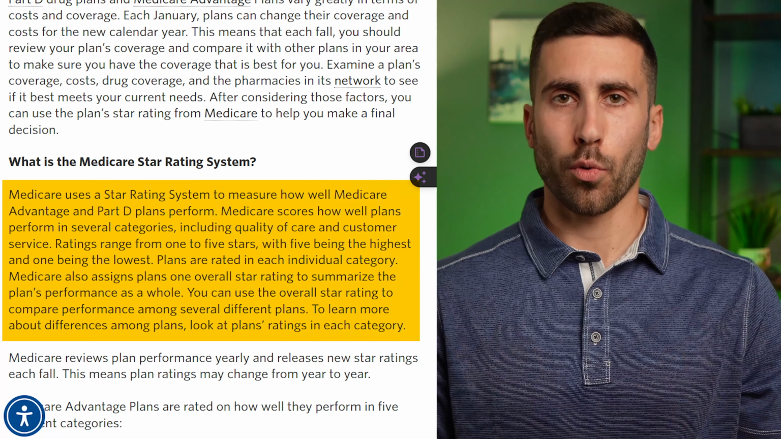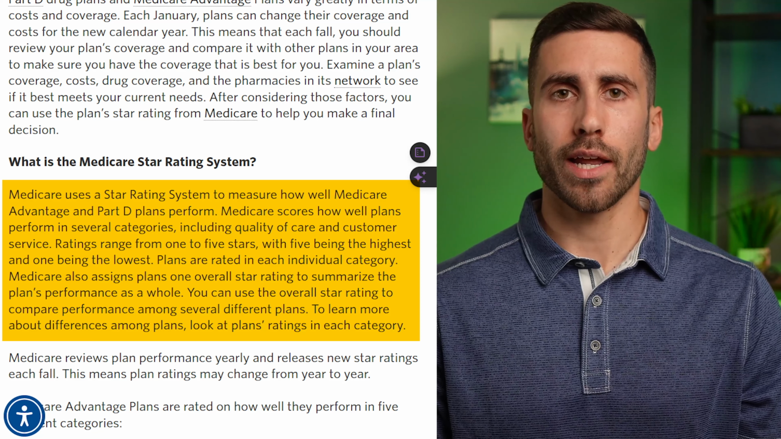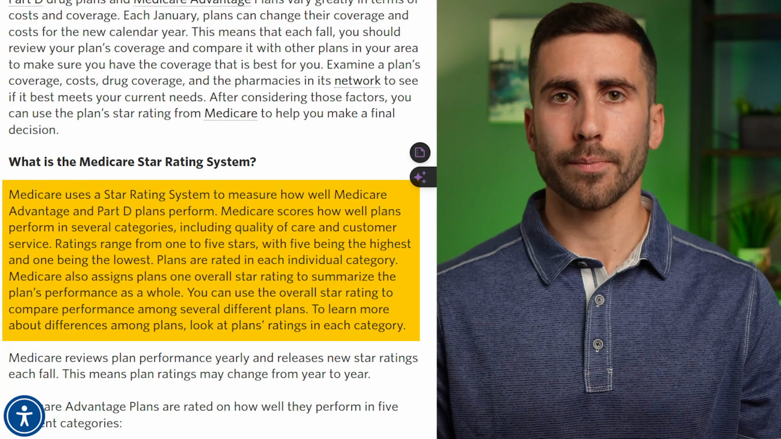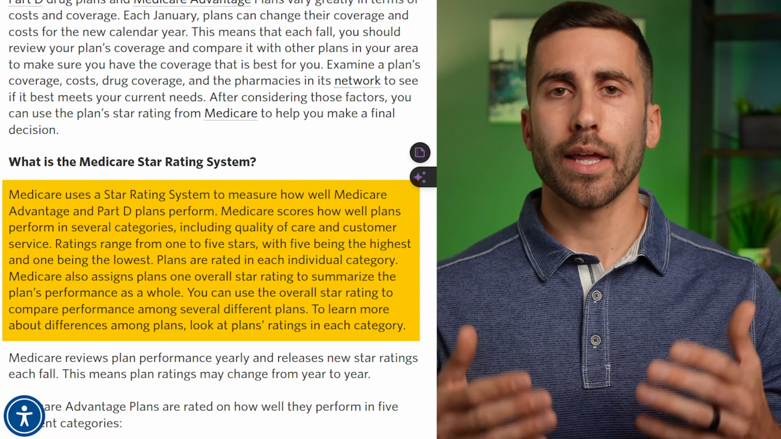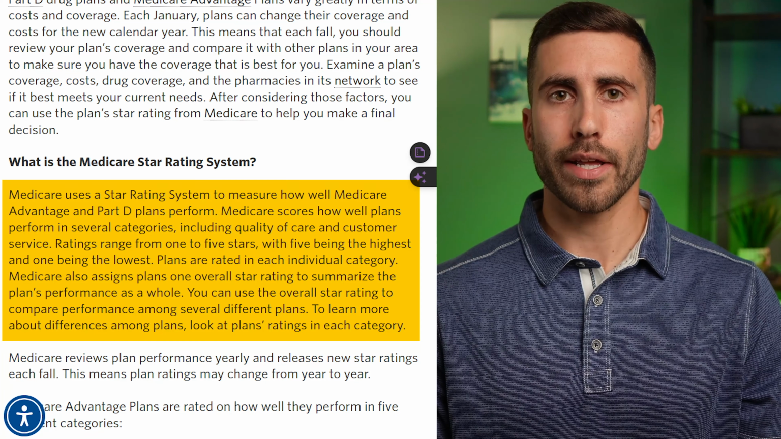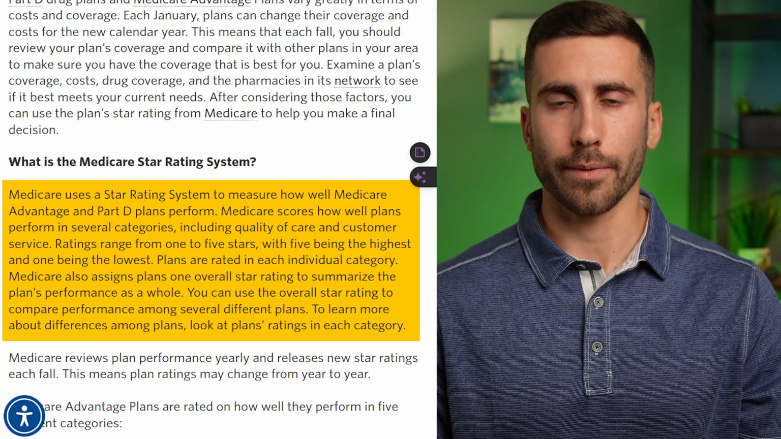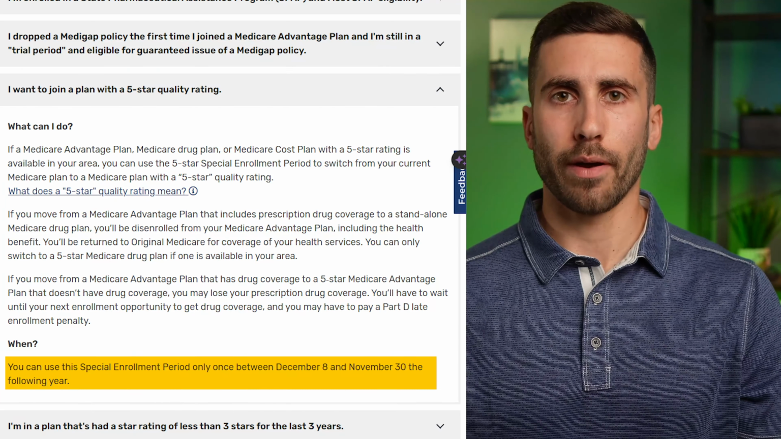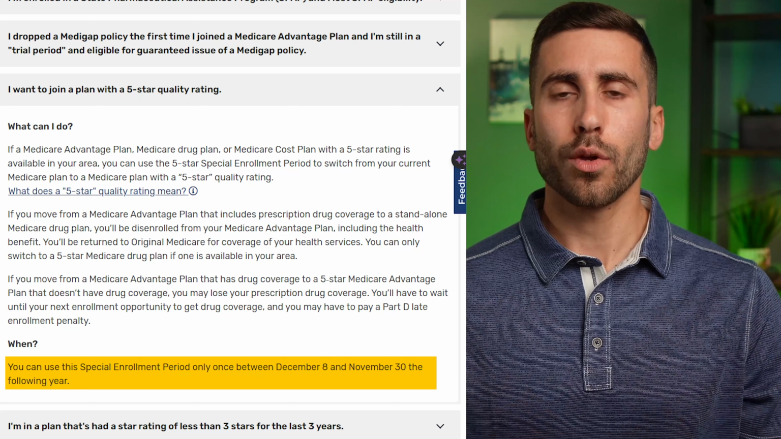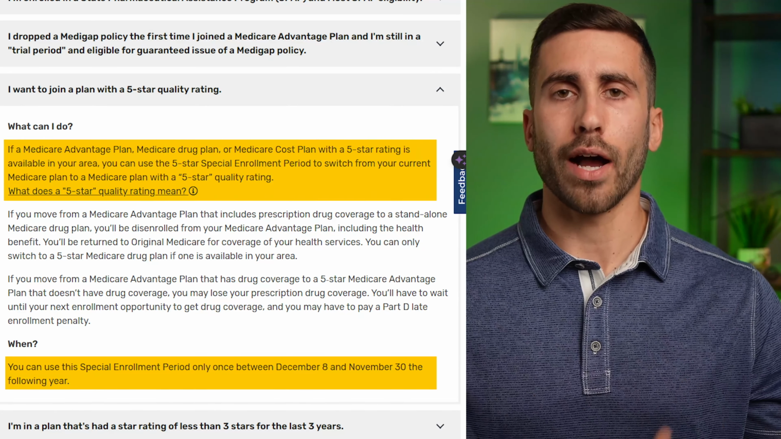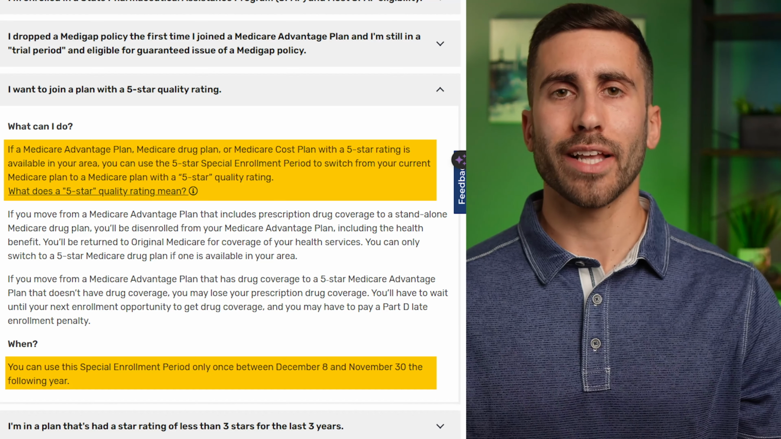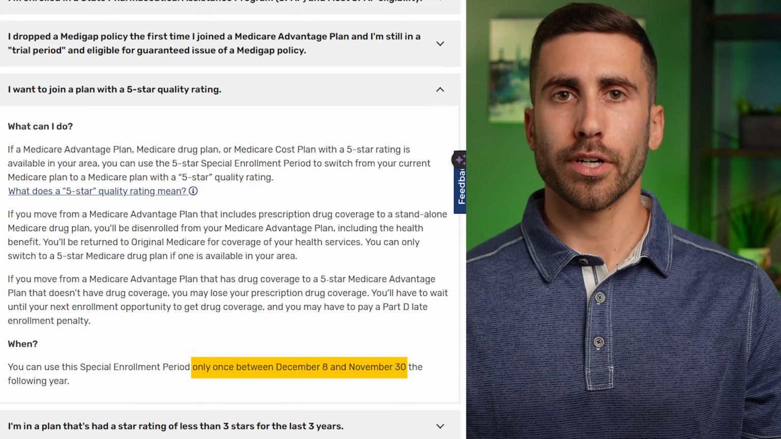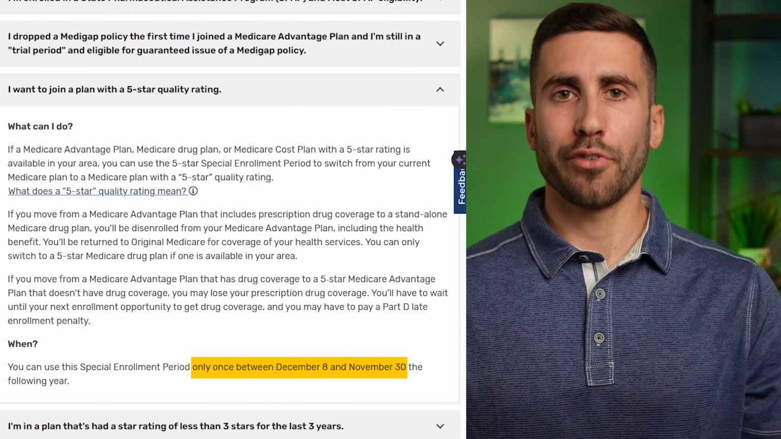Now, another noteworthy SEP is for enrolling in a plan with a 5-star rating. Each year, Medicare evaluates plans based on quality and performance, and a plan that achieves a 5-star rating represents the highest possible rating. So, from December 8th to November 30th of the following year, you have the opportunity to switch to a 5-star Medicare Advantage or Part D plan if one is available in your county. But just know this SEP can only be used once per year,